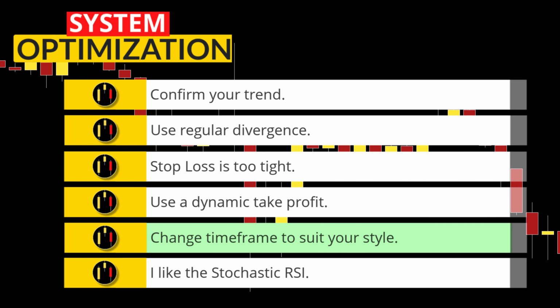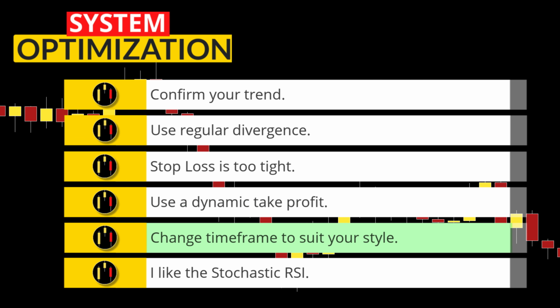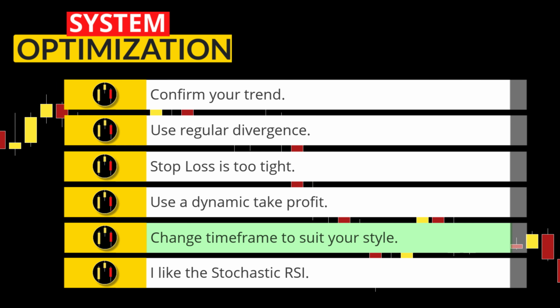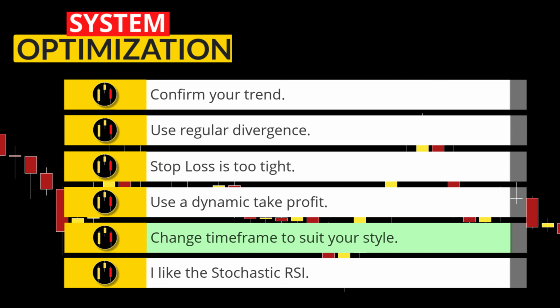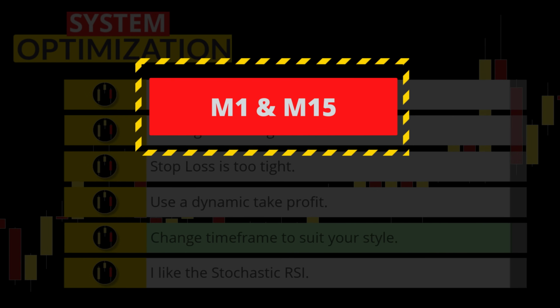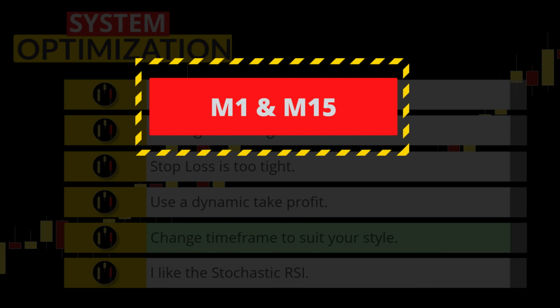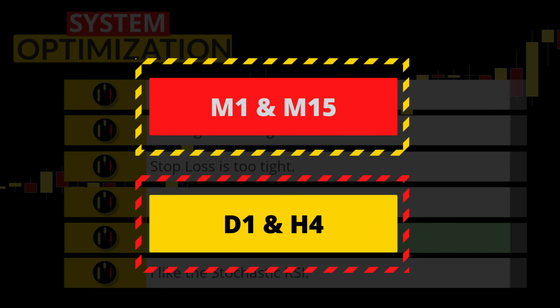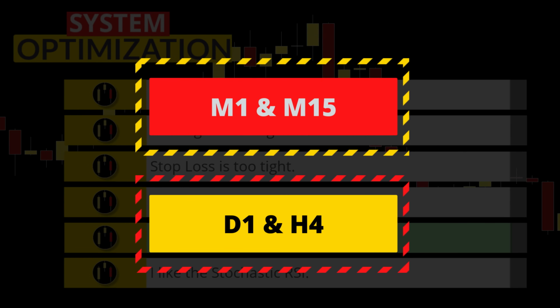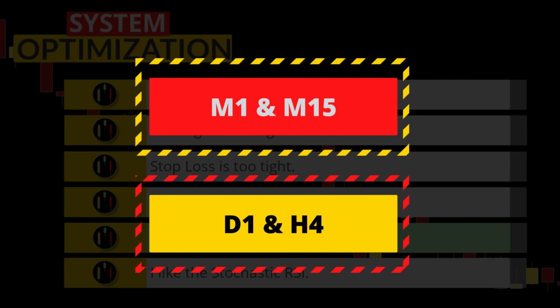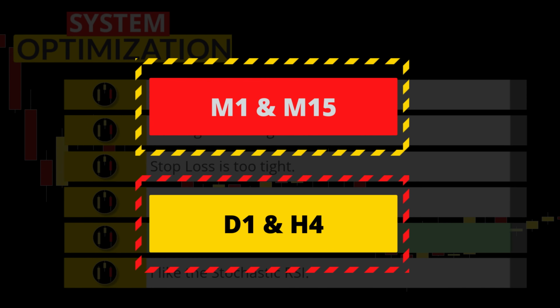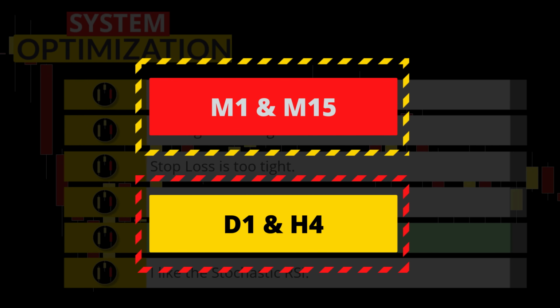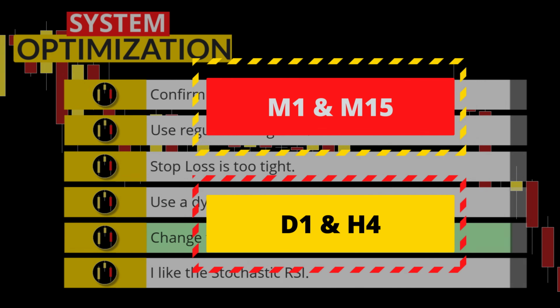Next, the thing I really like about this system is the multi-time frame analysis, but you can change those up depending on your trading style. If you are a fast scalper, you can combine the 1 minute with the 15 minute. If you are a swing trader with limited chart time, daily candles and the 4-hour chart make a great combination. Most of the best technical traders perform multi-time frame analysis almost without exception.